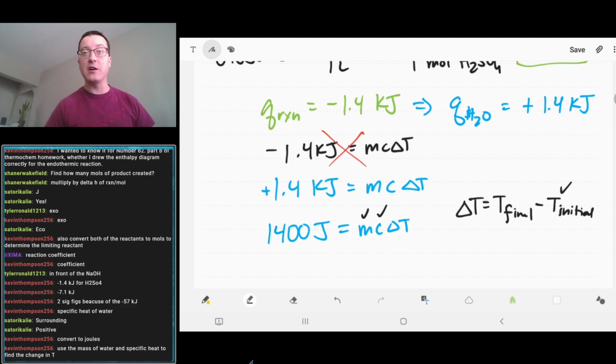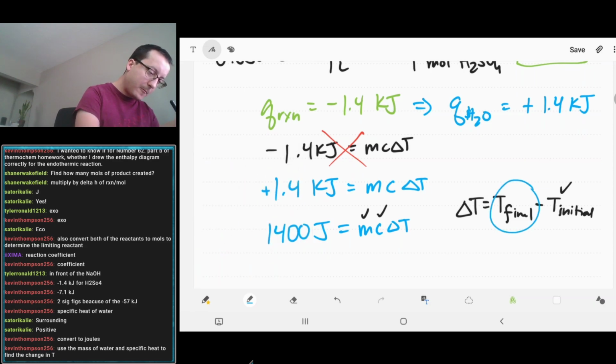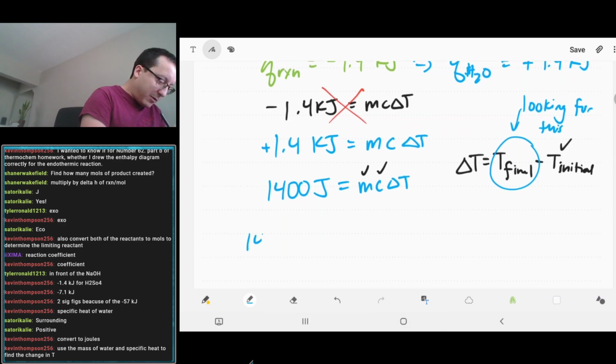And we're looking for temperature final. This is what our question is asking us to find, the final temperature. So, if we plug all this in,